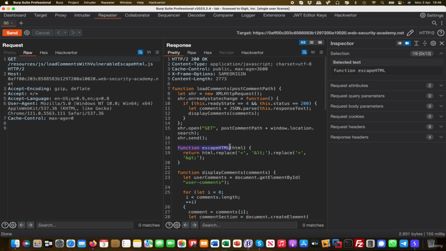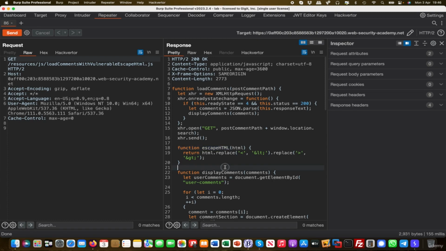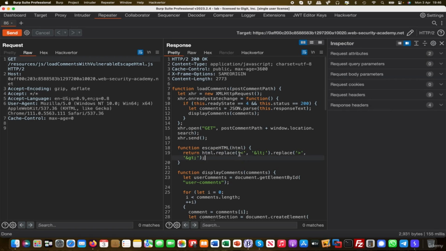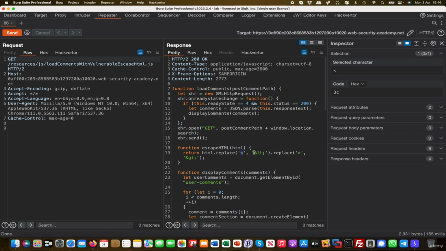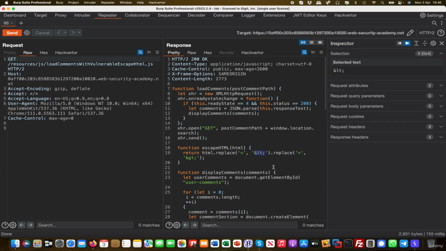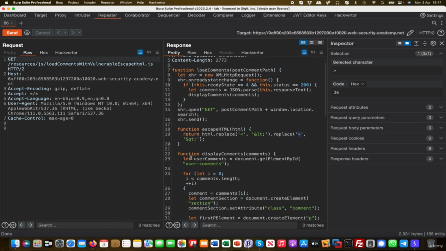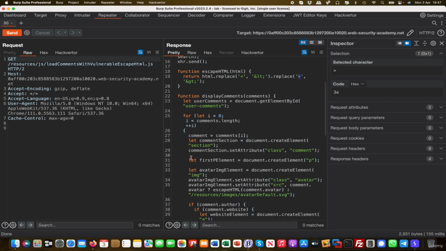That sounds like they're escaping HTML. What they're doing is, when it's being rendered, they're replacing the open angle bracket with this string, and they're replacing the closed angle bracket with that string. Now this is interesting. But what I immediately read, and this is before it's being passed to the eval function,